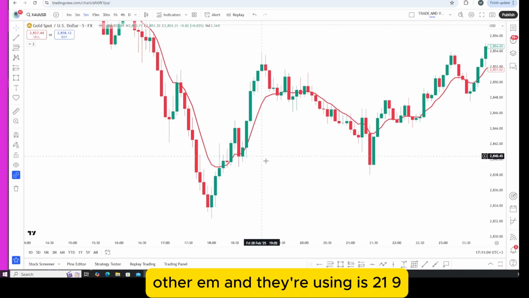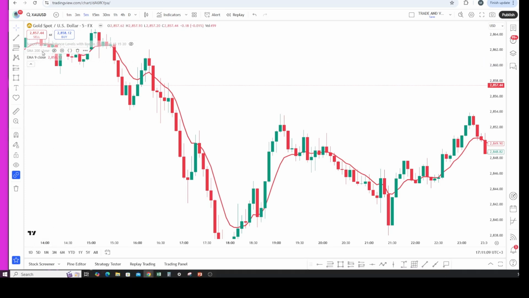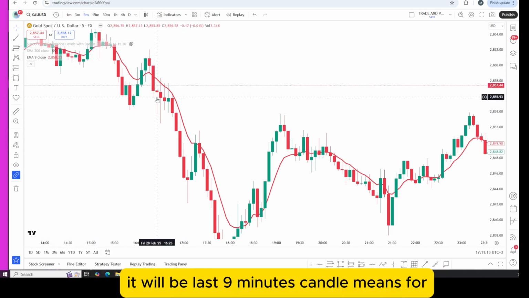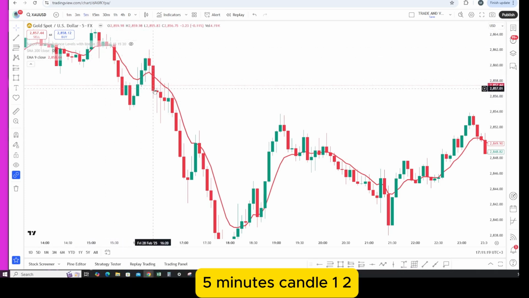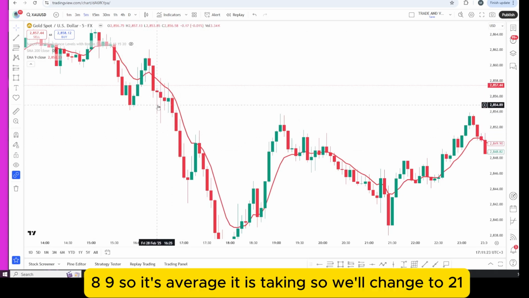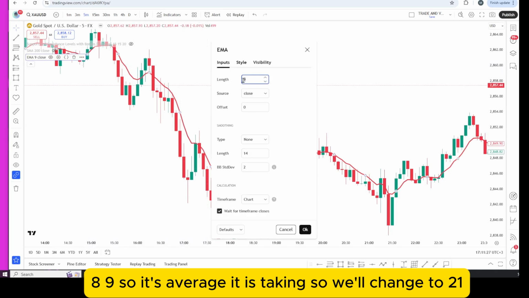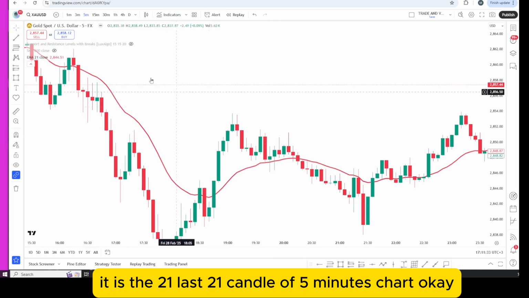The other EMA they use is the 21. The 9 EMA is used only for scalpers. It is a very fast movement. On a 5 minute candle, it is the average of the last 9 candles: 1, 2, 3, 4, 5, 6, 7, 8, 9. So we will change to 21. It is the last 21 candles of the 5 minute